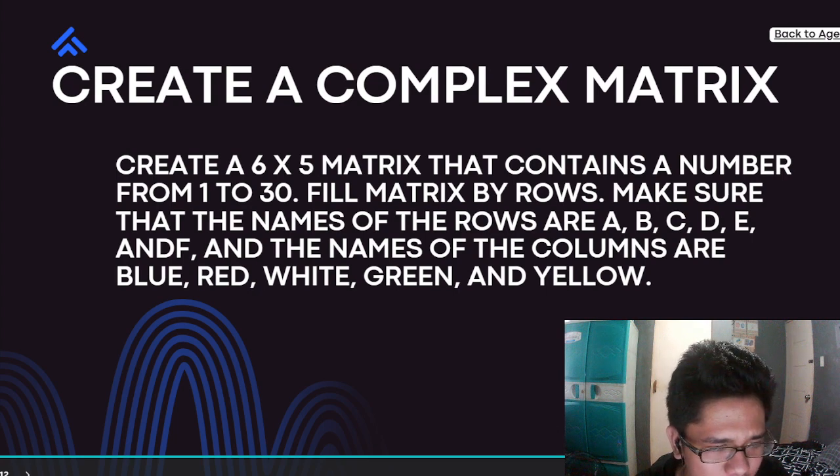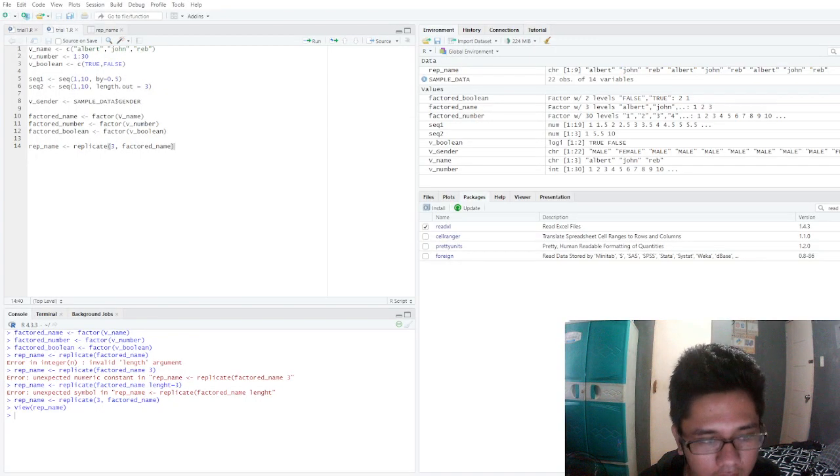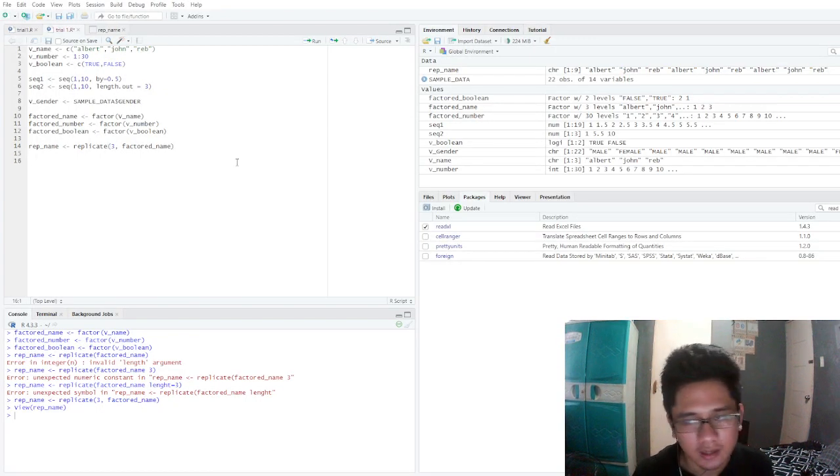So first we'll have to create numbers ranging from 1 to 30. Then we're going to create the columns and colors.